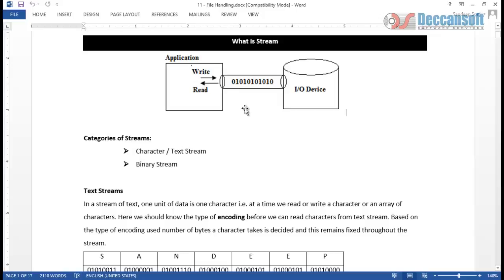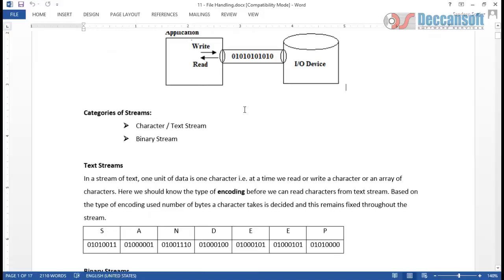Before we actually perform read and write operations in a file or learn all file related operations, we should know that there are two types of streams. Character stream, which is also referred to as text stream, and the other category is binary stream. So what is the basic difference between a character stream and a binary stream? The most